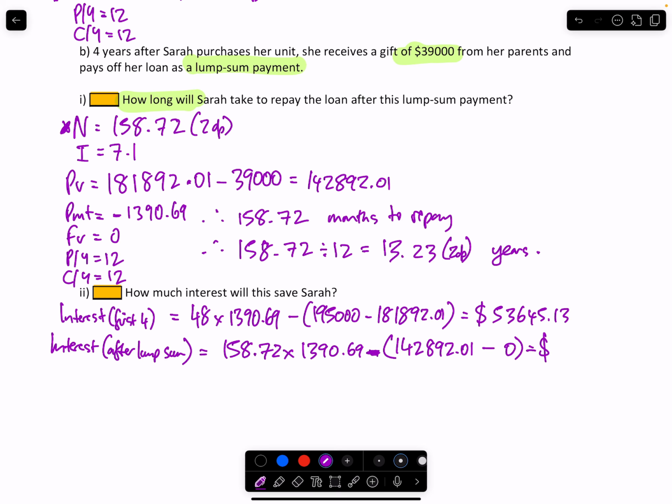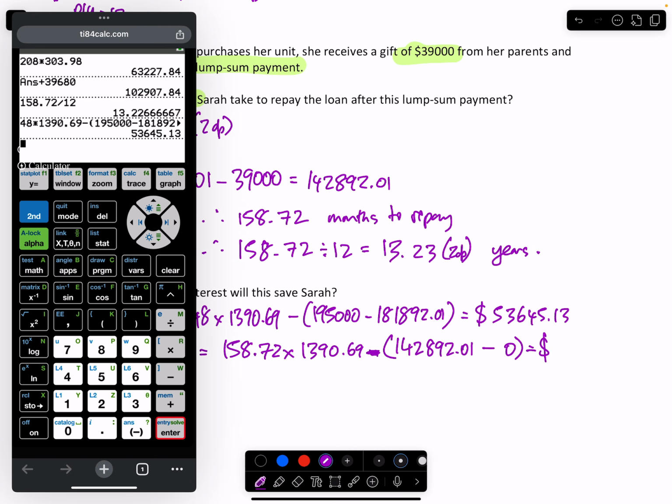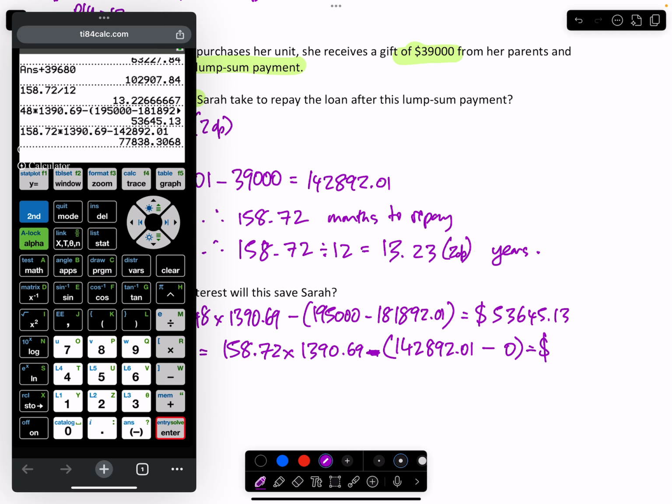So that tells me I have to shift this over. 158.72 times 1390.69. Take 142,892.01. So in the remaining time after the lump sum, I paid $77,838.31 in interest,